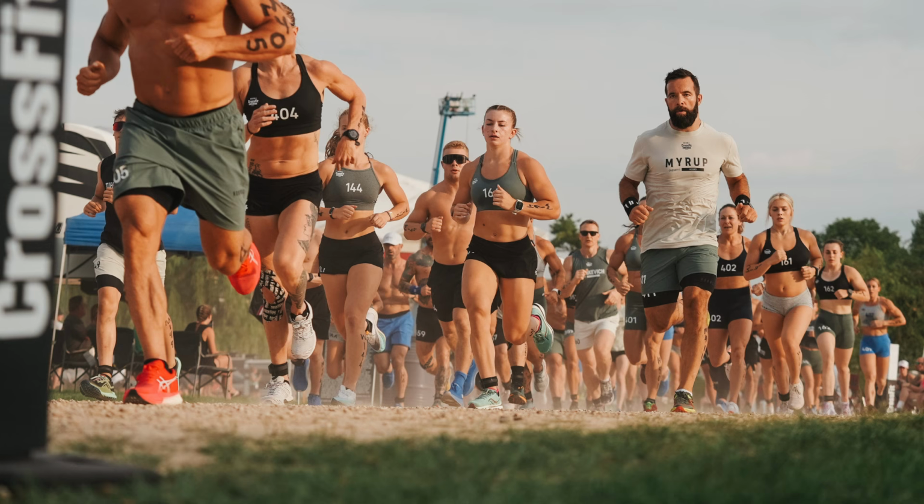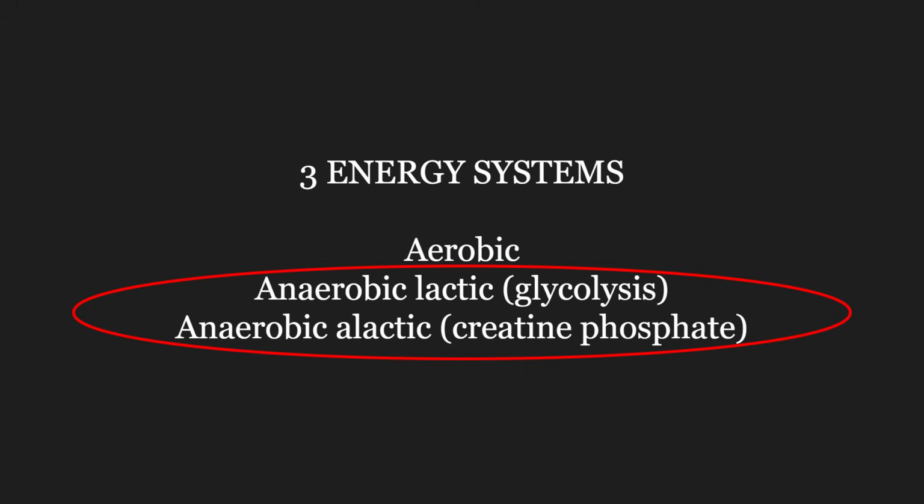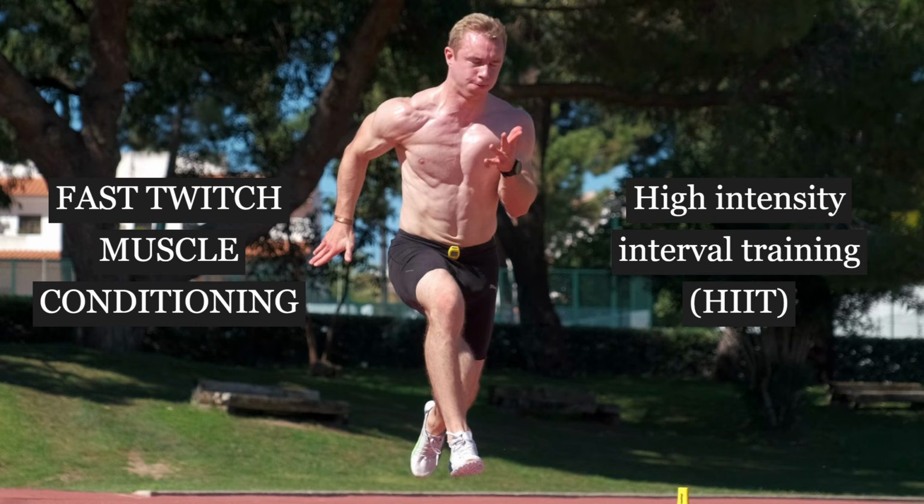And lastly, we want to be training the appropriate energy systems with conditioning. We have 3 energy systems: aerobic metabolism, anaerobic lactic metabolism, also known as glycolysis, and anaerobic alactic metabolism, which is the creatine phosphate system. And for these fast twitch fibers, we're mostly using the creatine phosphate system for really short events like throwing and jumping, and the glycolytic system for slightly longer events like sprinting. So that means in order to train these anaerobic systems, we're going to do high intensity, short duration intervals for